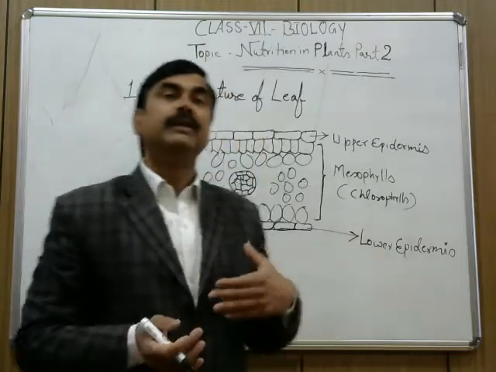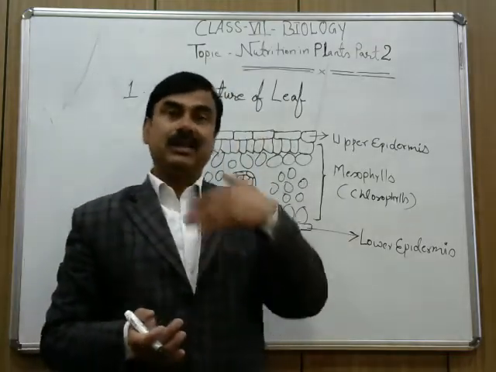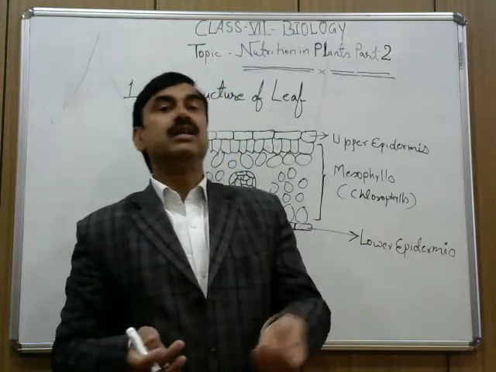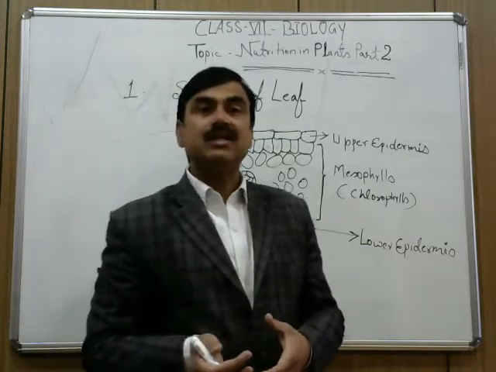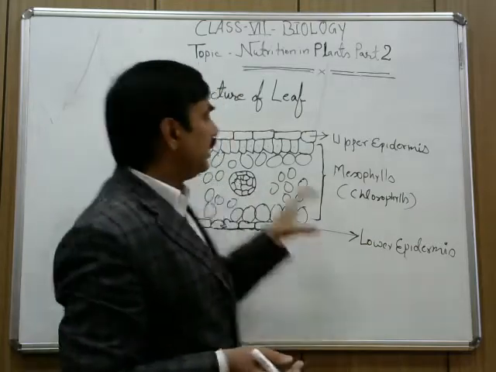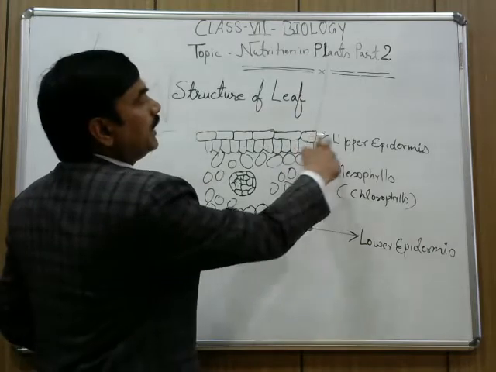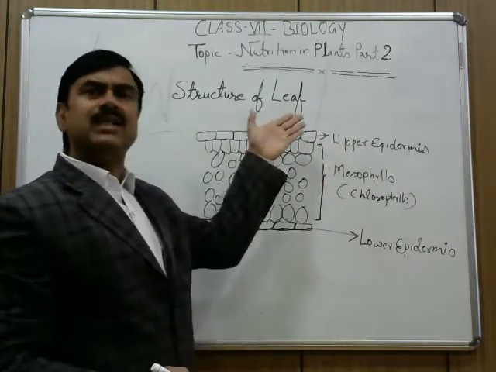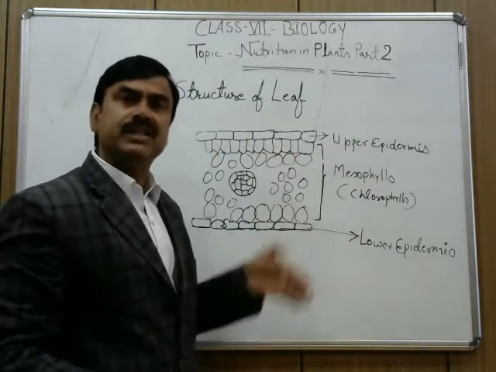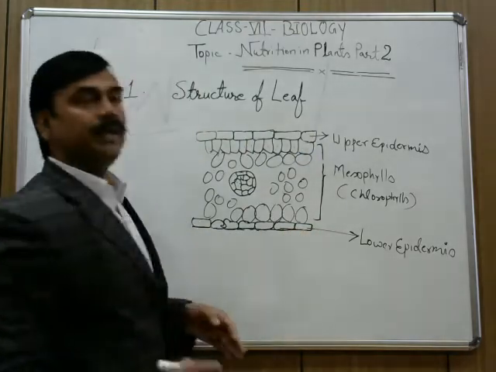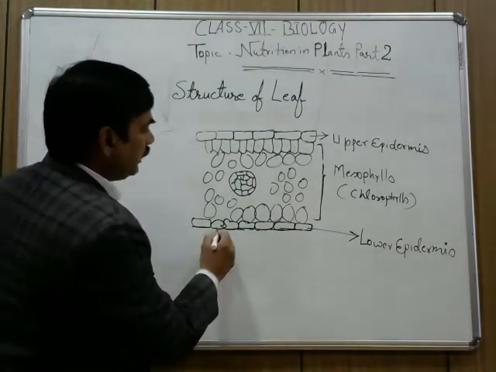But before reaching that next part, the structure of stomata and how this oxygen is released, let us again come to the diagram. Now, as I told you, the four labelings. Number 1, upper epidermis. Epidermis means skin, surface. And look at this, this structure is lower epidermis. And the important thing,